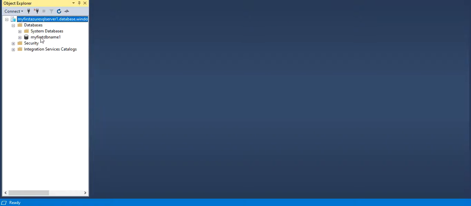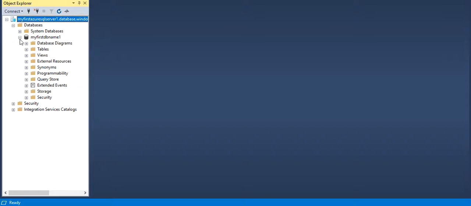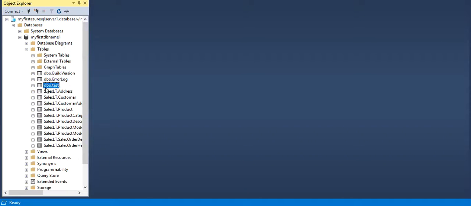So here we can see we can now access the Azure SQL database through our SSMS, SQL Server Management Studio. That is our locally installed SQL Server, which we usually call on-prem SQL Server. So here we will check that table. This table is showing here, and this is the blank table.